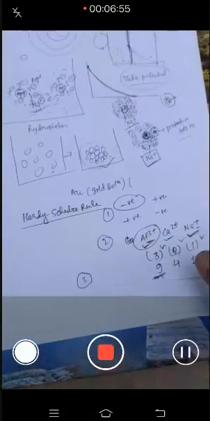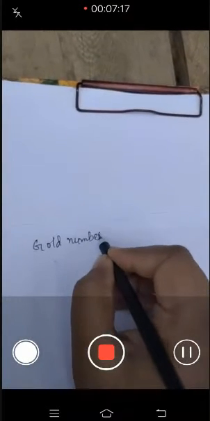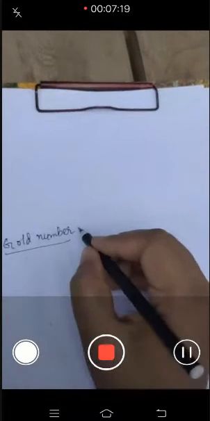Okay, now back to this point, the protective colloid. Depending on this idea, Zsigmondy gave a quantitative treatment for the stabilizing action of protective colloid, and you already know it is called the gold number. And in your book, the definition is a little bit lengthy and confusing, so I will make it clear.